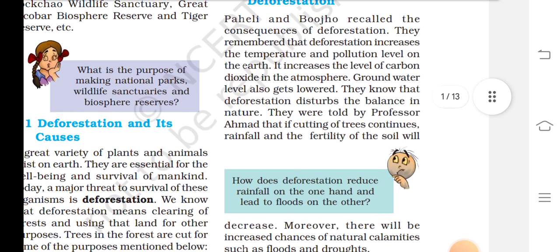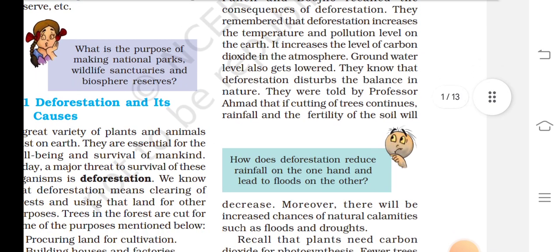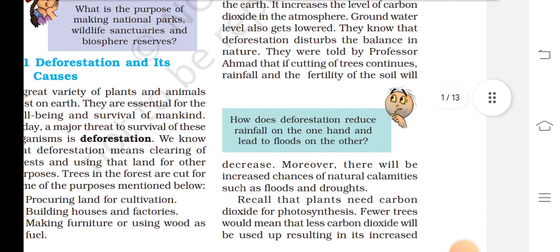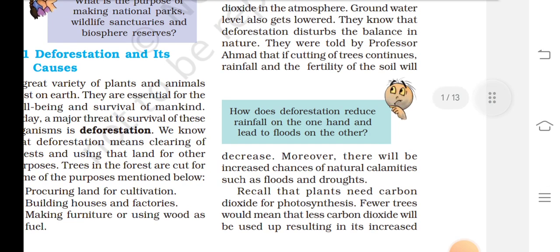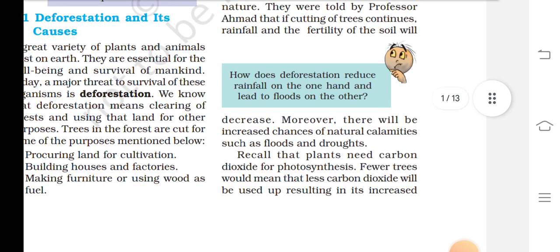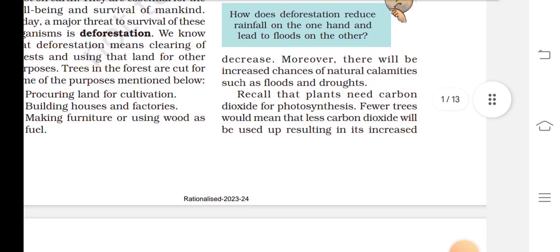Consequences of deforestation. Paheli and Boojho recall the consequences of deforestation. They remembered that deforestation increased the temperature and pollution level on the Earth. It increased the level of carbon dioxide in the atmosphere. Groundwater level also gets lowered. They know that deforestation disturbs the balance in nature. They were told by Professor Ahmad that if cutting of trees continues, rainfall and the fertility of the soil will